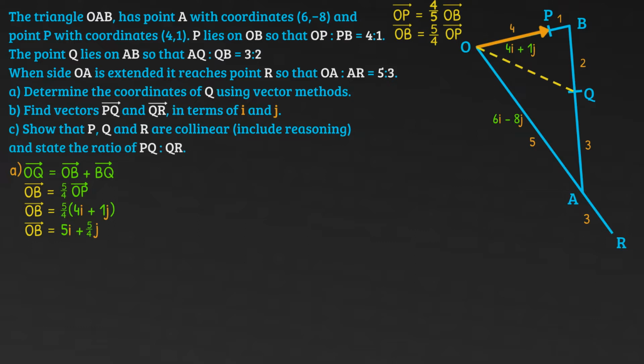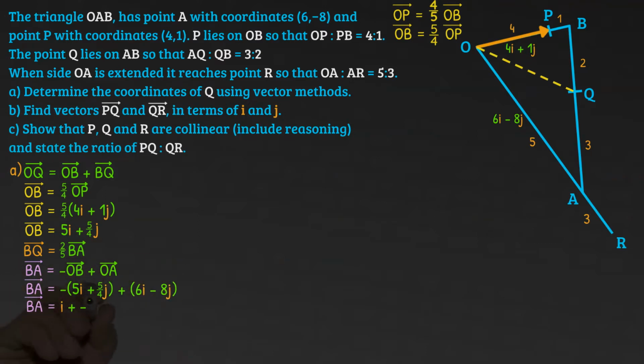Next, we have to work out BQ, which is on the line BA, and as you can see from the diagram, BQ to QA is in the ratio 2 to 3, which means that BA is split up into 5 sections of equal length, and BQ is 2/5 of that, so 2/5 of BA. However, we don't yet have BA, which again, looking at the diagram, is going to be minus OB, because we're going in the opposite direction from B to O, plus OA. Now, putting those values in, you should end up with BA equal to i minus 37 over 4j,